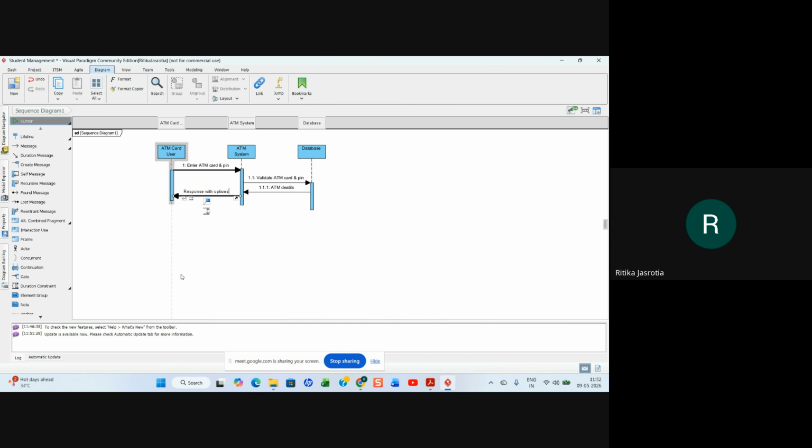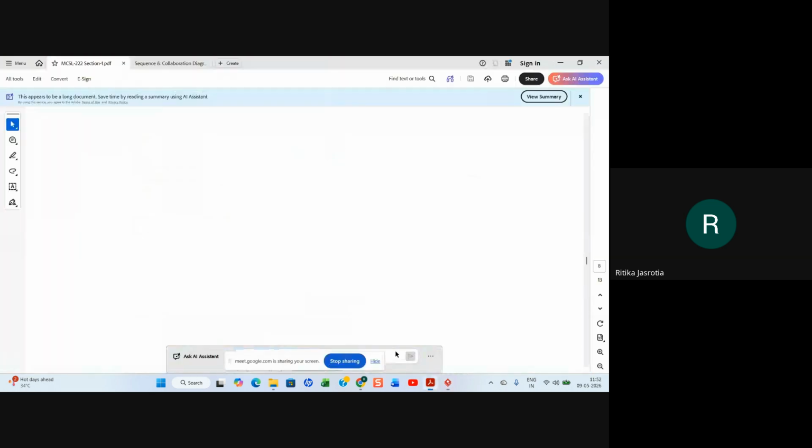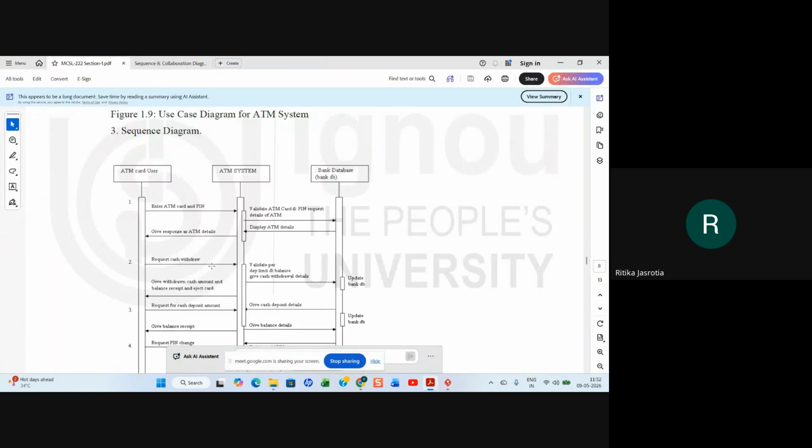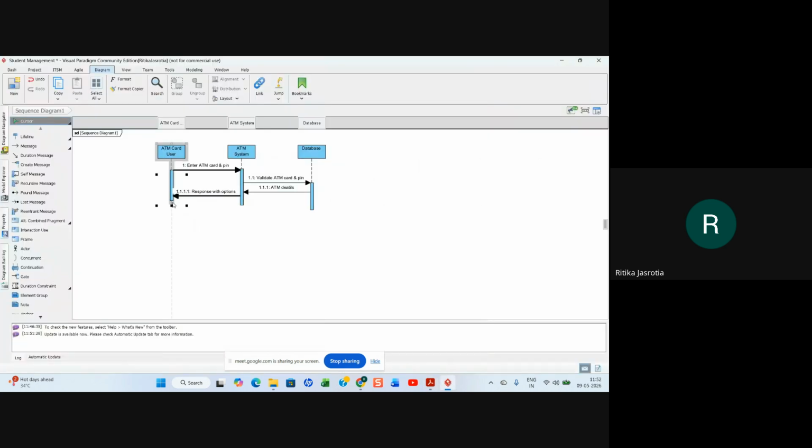So options are asked for selecting an appropriate action, right? Now again a message for request of cash withdrawal is sent from here.